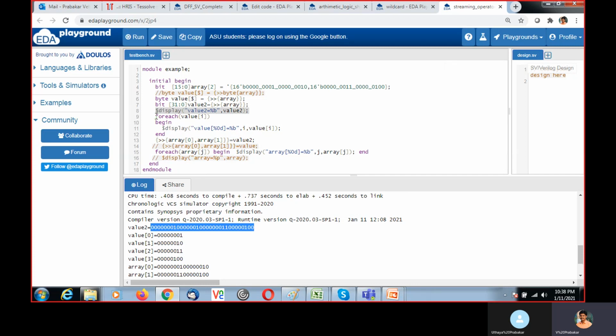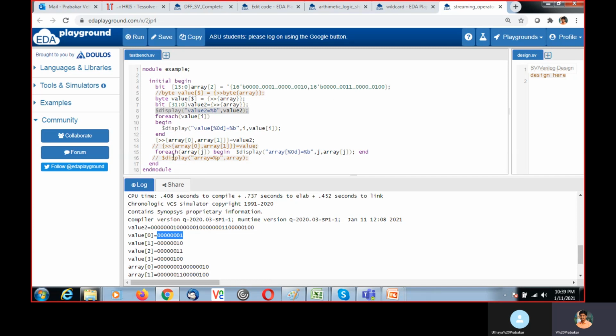Then using a foreach loop, I display the value of q along with the index. Percentage d represents the index and percentage b represents the value. So the first 8 bits are put in queue of 0, then the next 8 bits, then the third one, and the fourth one.